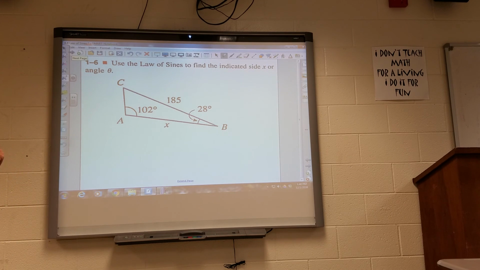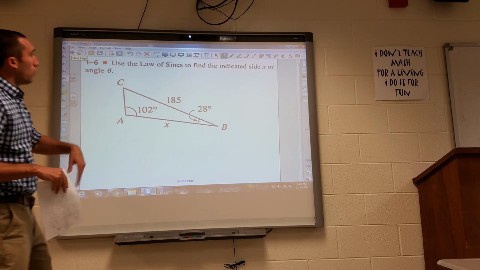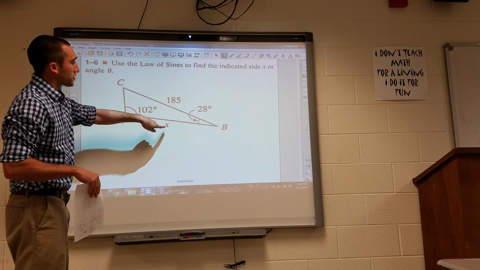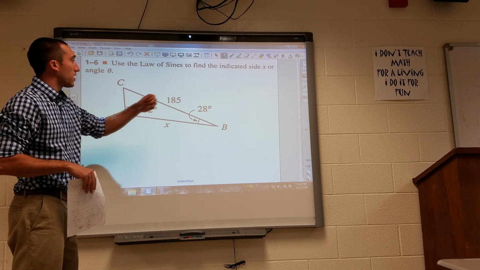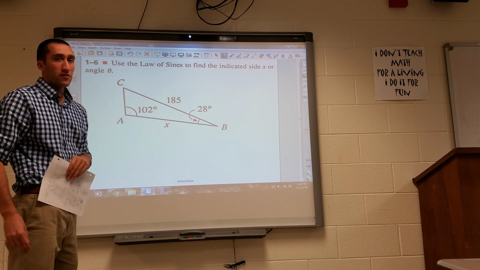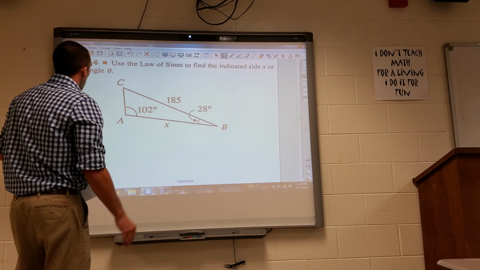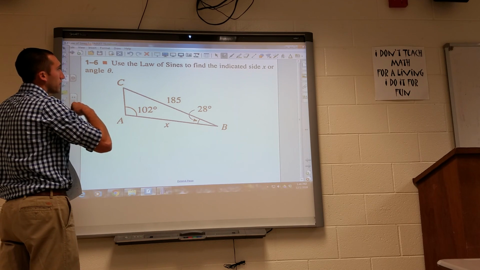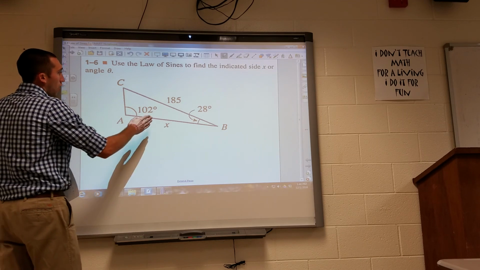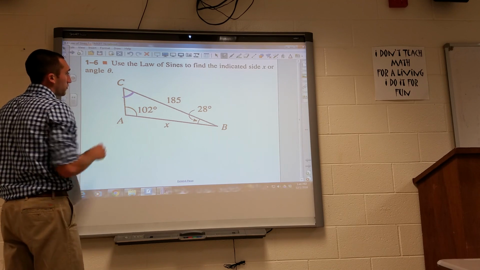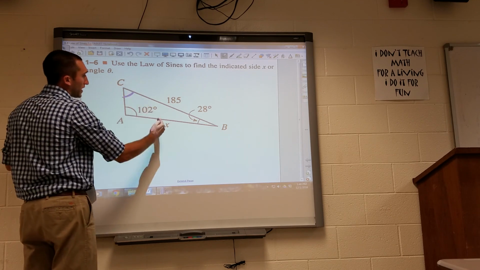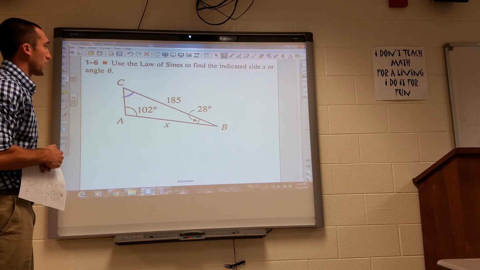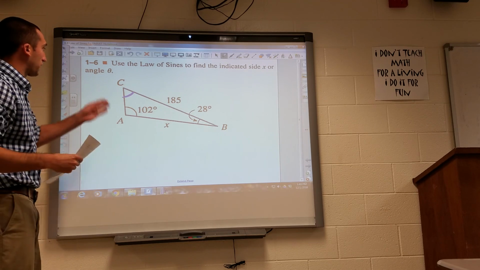Okay, again, use the Law of Sines. So now we know side, we're looking for side, we know the angle, and we also know a separate angle. So I can go ahead and use this for finding x. I'm going to need to know this missing angle here, right? I need to know at least the corresponding angle with the side I'm looking for to use Law of Sines. And that's convenient because I can find that